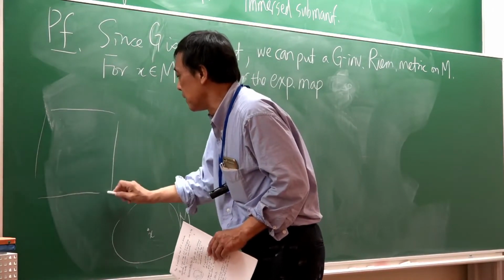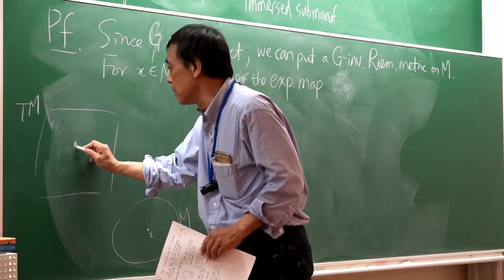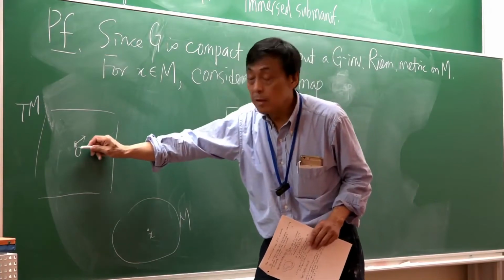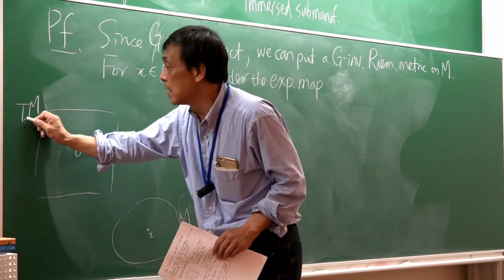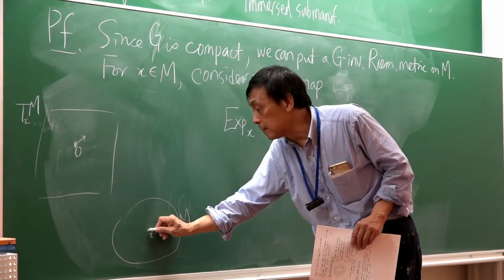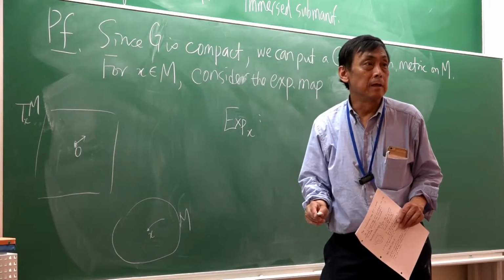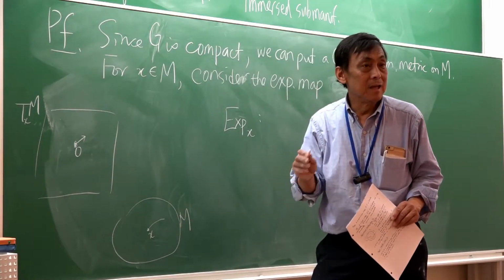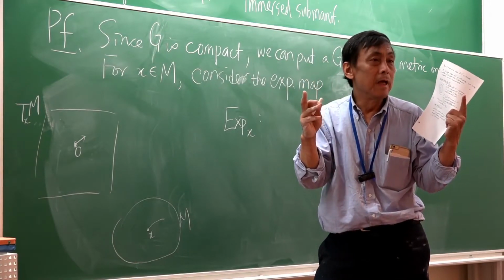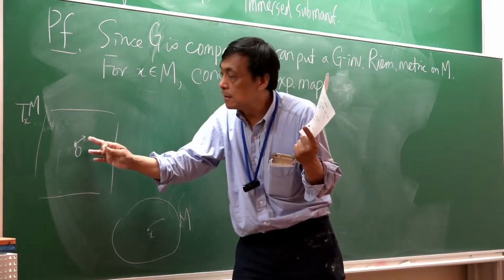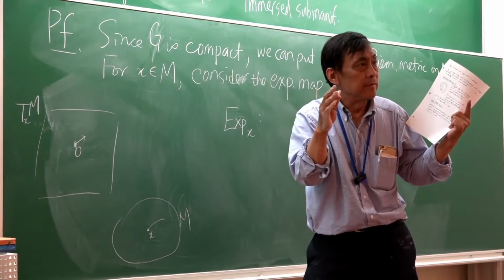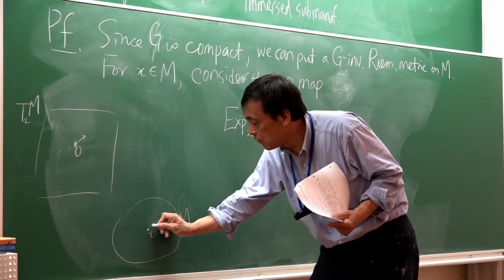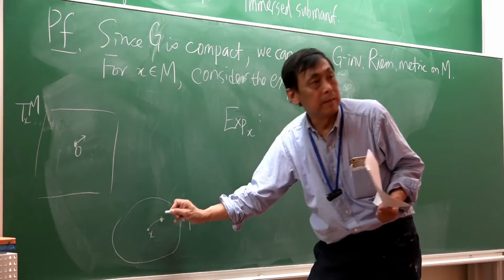So let's say here is a tangent space of M. Now, if you pick a small tangent vector, then there is a geodesic that starts at X and it goes somewhere. And if the vector is small enough, then this geodesic will be defined for a certain interval. You can always make sure, by making the vector small, that the geodesic is defined for at least 1 second. And then when you go for 1 second along that geodesic, that point that you get is,